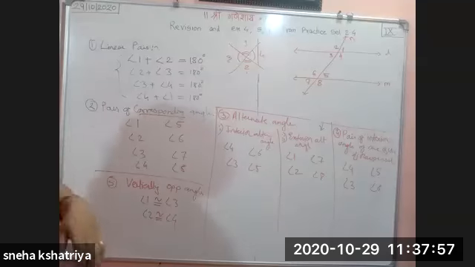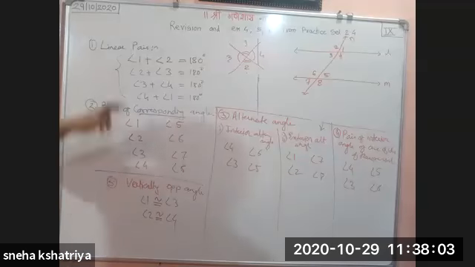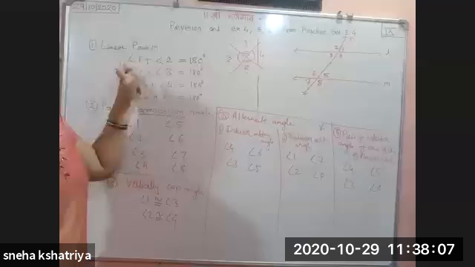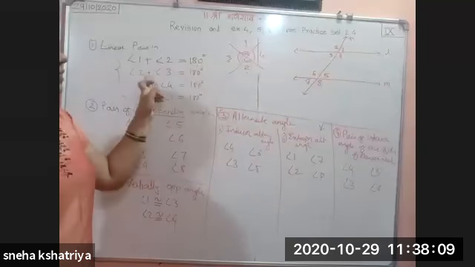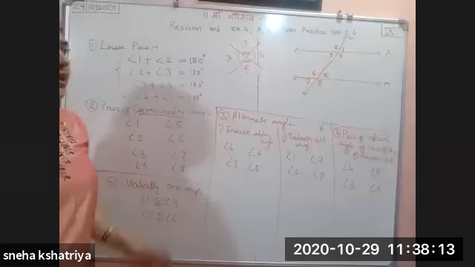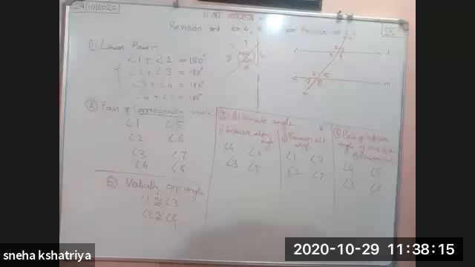Vertically opposite angles. Second, the angle in a linear pair is supplementary. The angle in a linear pair is what? Supplementary. Angle 1 plus 2 is 180, 2 plus 6 is 180, 3 plus 4 is 180, 4 plus 1 is 180. Linear pair is 180. Okay. Then when one pair of corresponding angles is congruent, then all the remaining pairs of corresponding